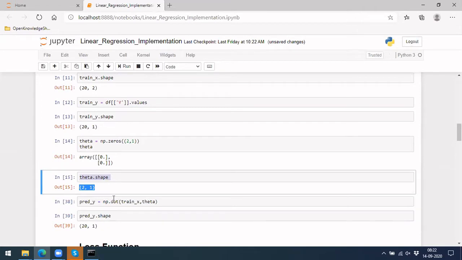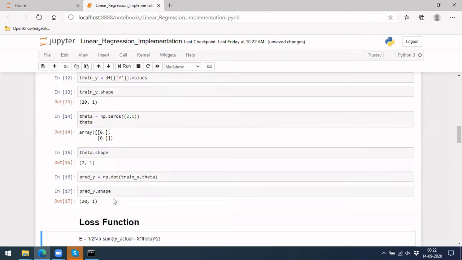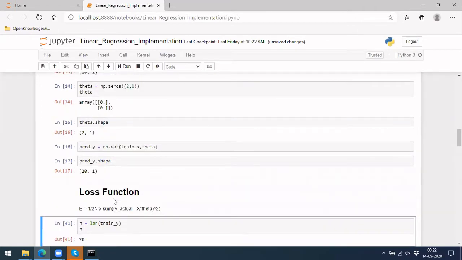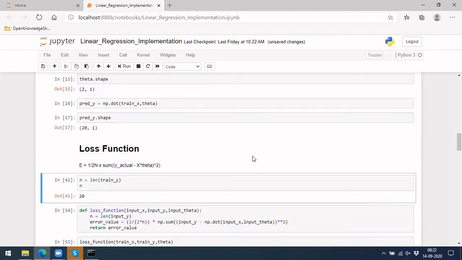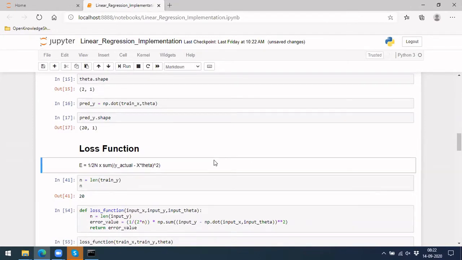Next, we have defined a loss function. As I told in the last session, instead of taking the RMS value, we only take the mean square value. So it will be the sum of squares. This will be our error, and to make an average, it is divided by n.